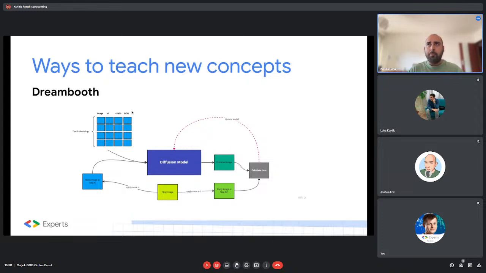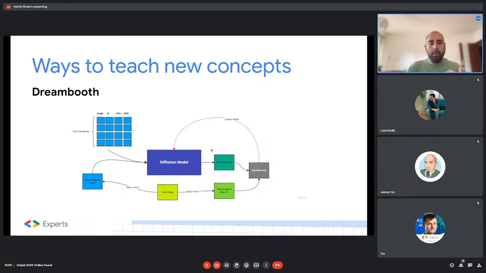So basically, let's say you want to teach your stable diffusion the concept of a dog. Let's say your model doesn't know anything about dogs. So what you do is you collect 5 different images of a dog, and you create prompts, something like "this is image SKS and dog." What it means is that it will highlight that this is the new concept, and this is about this concept called dog. And you just pass that to your diffusion model, you train on it,